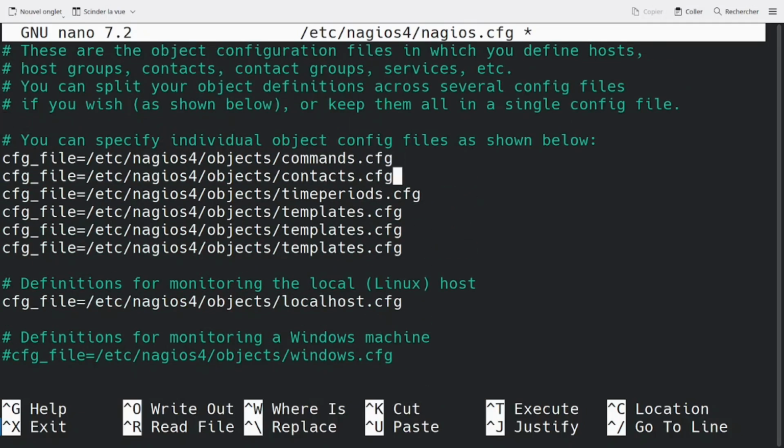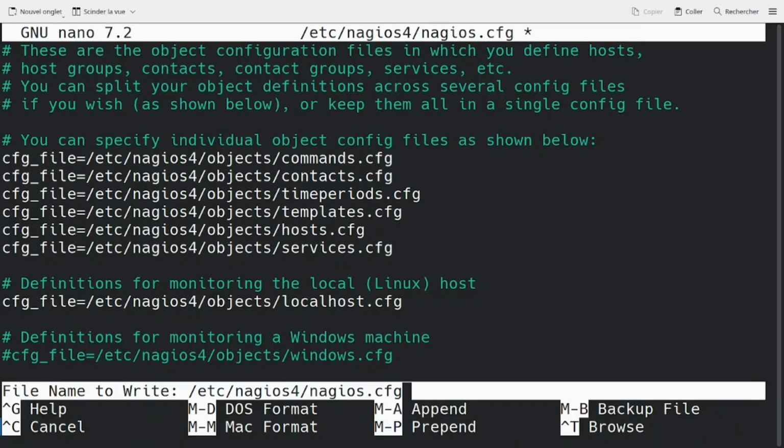In my case, I will add it here. I will create a file called host.cfg and a configuration file called services.cfg for the services. I will separate the hosts and services into distinct files. So in your case, think about how you want to organize your hosts, your services, your routers, and define those files here. So once I am done, I will save the main Nagios configuration file, and I will exit my